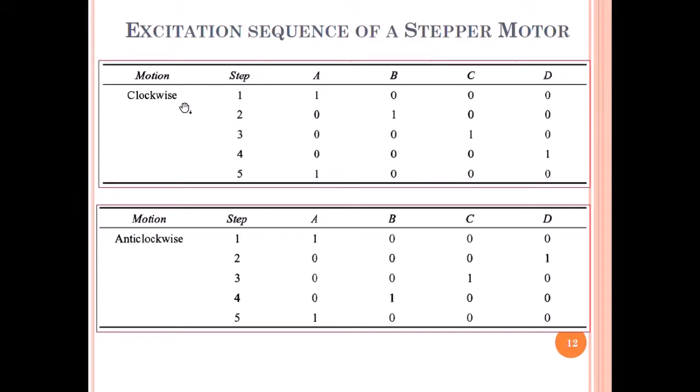For clockwise rotation, or shifting right, we have to give pulses to the windings WA, WB, WC and WD. If we give a pulse to one winding and no pulse to the other windings, then similarly to B, and nothing else, then it will rotate clockwise. If we give them in the reverse order, that is A, then D, C, B, A, then it will rotate anti-clockwise.